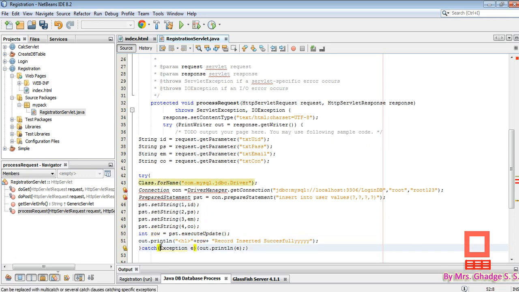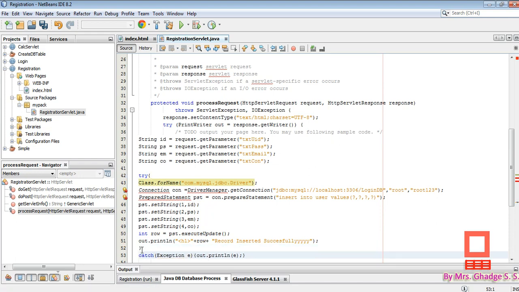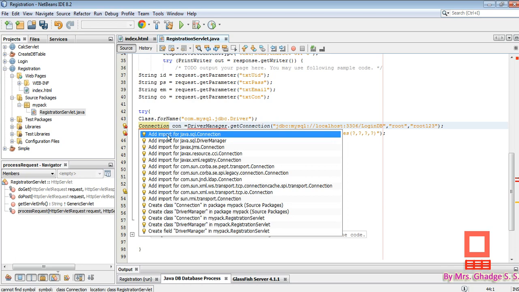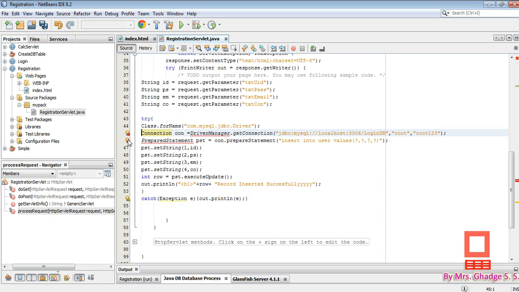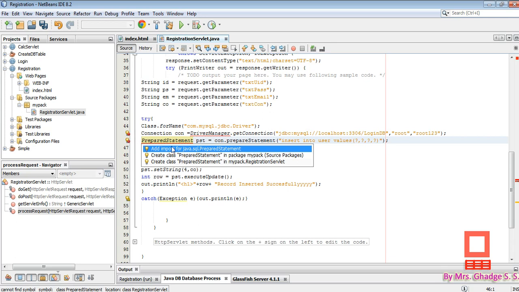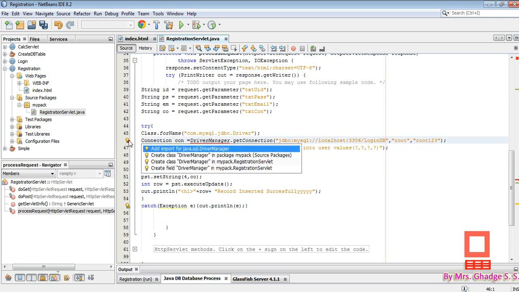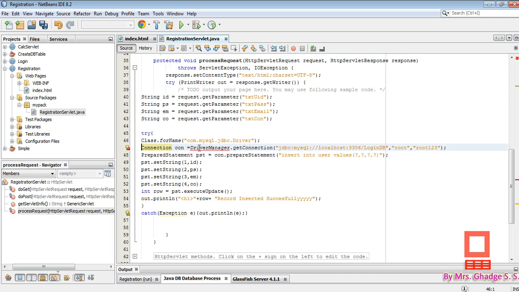Then there is a catch statement which handles all types of exceptions. Now here are some errors. For that we need to just click on this bubble and import the java.sql Connection object. Similarly, for PreparedStatement we need to import the java.sql PreparedStatement object. Again we need to import the DriverManager class. In this way we have removed all the errors.